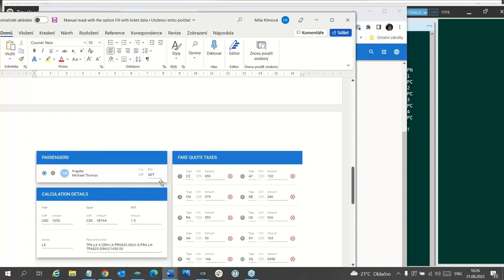It is adult passengers, so ADT, in most cases. But when I had the example with two children traveling together, passenger type code here was C10 or C07 and so on. And if you would like to enter this ITX, you will change ADT to ITX in this field after the name.